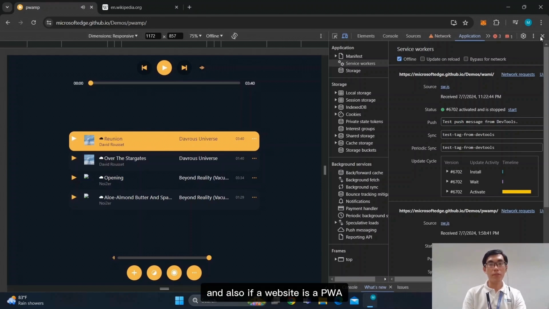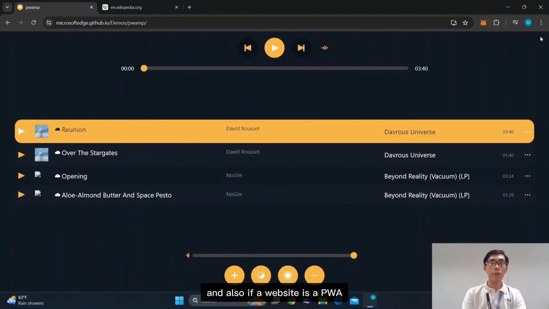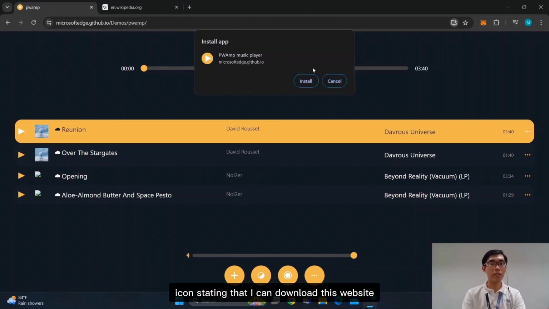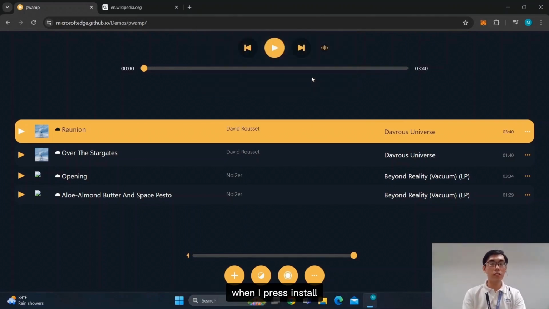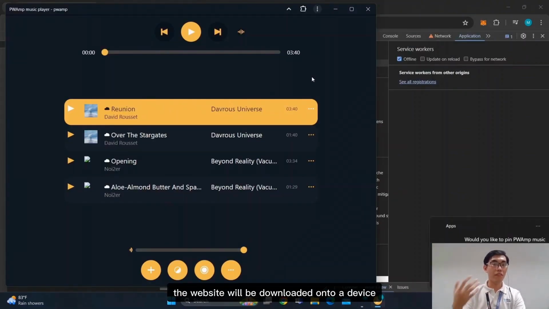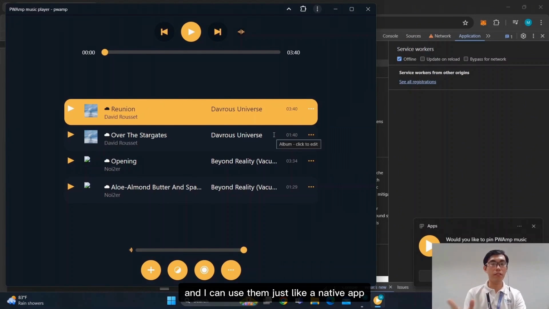And also, if a website is a PWA, you can see here this icon stating that I can download this website. When I first install it, the website will be downloaded onto my device and I can use it just like